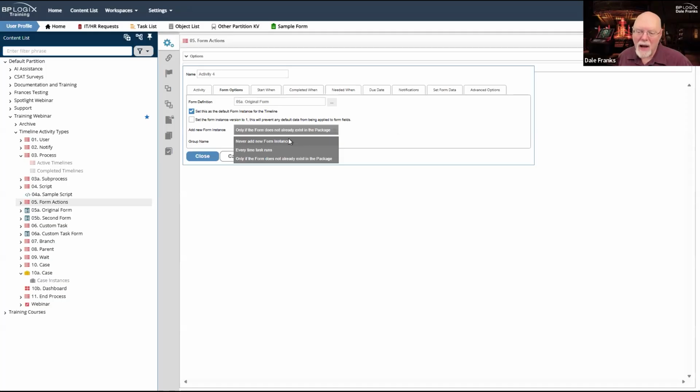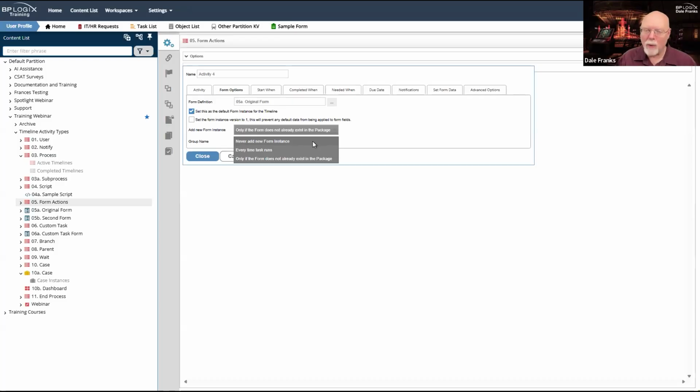However, I have never add new form instance set as the add new form instance property. And if that form does not exist in the process timeline, then both of these things can't be true. I cannot both call a new instance of the form and simultaneously say, don't add a new instance to the form.